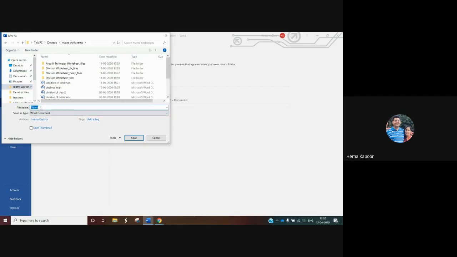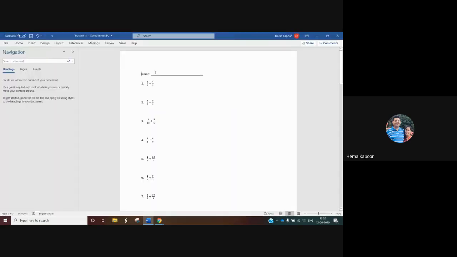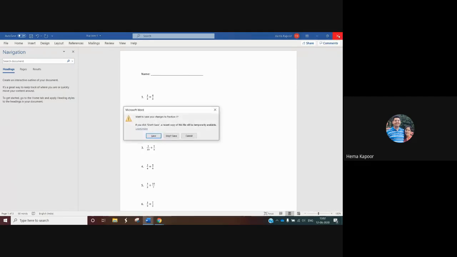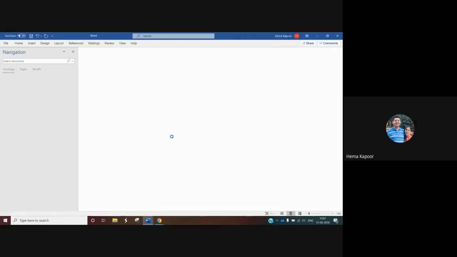You want to name this file as fraction 1, and then click on save, and see how this worksheet is generated. Now you can edit whatever you want. You want more space, you can go for that. You want to edit the topic, you can go for the topic. So this is a very wonderful tool to create different types of worksheets. Similarly, you will save the worksheet.